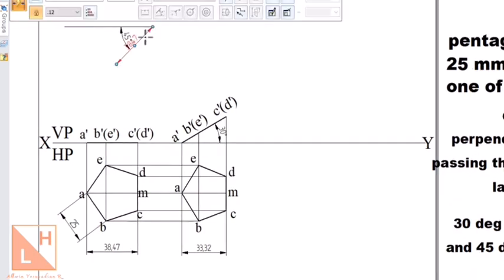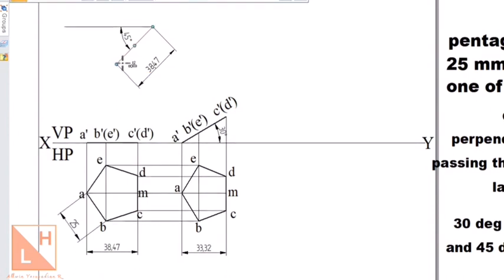So this line will be the true length of the perpendicular bisector. Continue the line and draw one more horizontal line. These two lines should be parallel, the first line and the last line. Now we can take the apparent length and cut the arc from this particular point on this locus. So you can take arc by center, take this end point as a center and give the arc radius as the apparent length, which is 33.32, and click enter. You can draw an arc here.